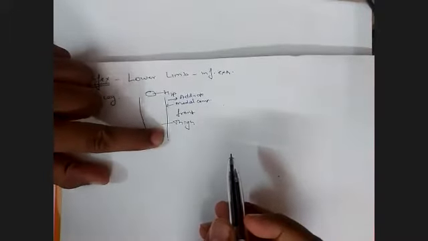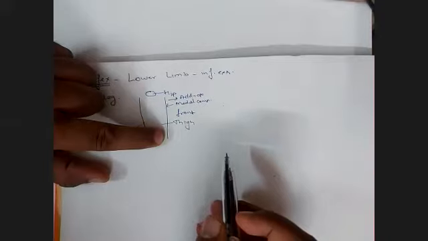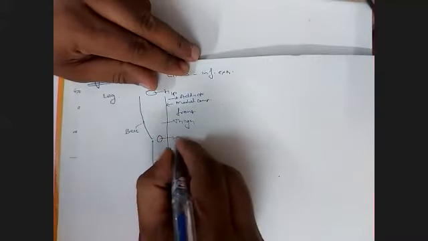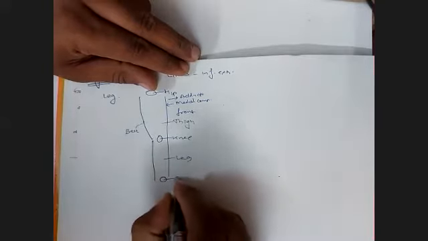This anterior group of muscles will cause extension of the knee, right? The extension of the knee while kicking, because these muscles go down, crossing the patella and the lower limb. So when they contract, they will cause extension. Suppose this is my knee joint, this is my thigh, this is my leg. So leg is this portion. Here is the knee, and the below-knee part is called the leg, up to the ankle. So here is the ankle.